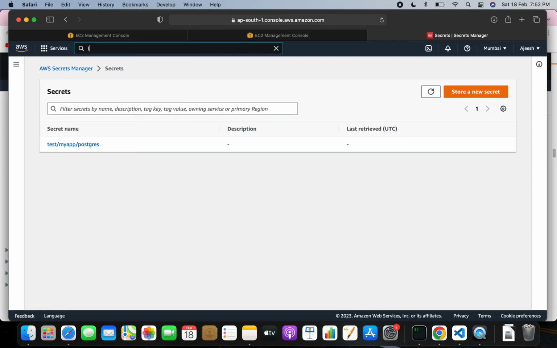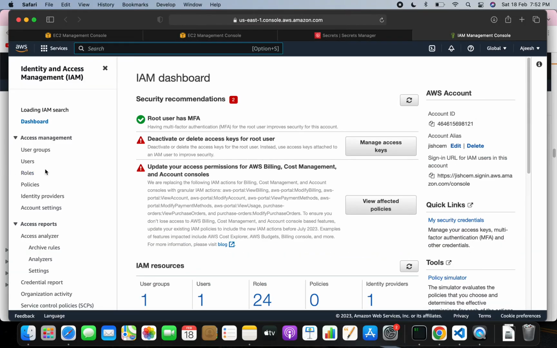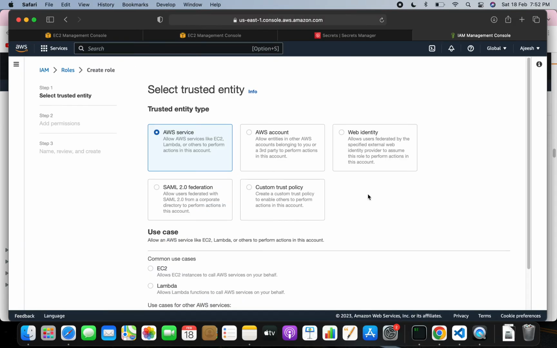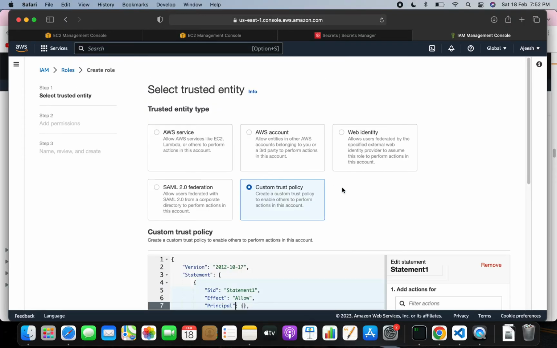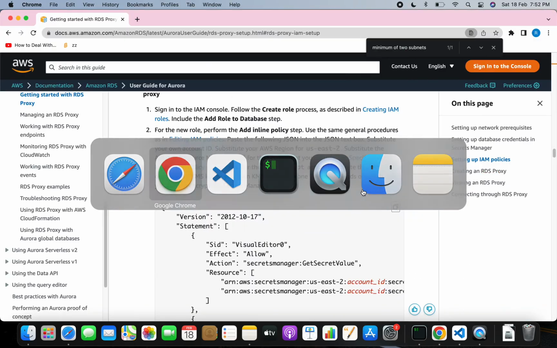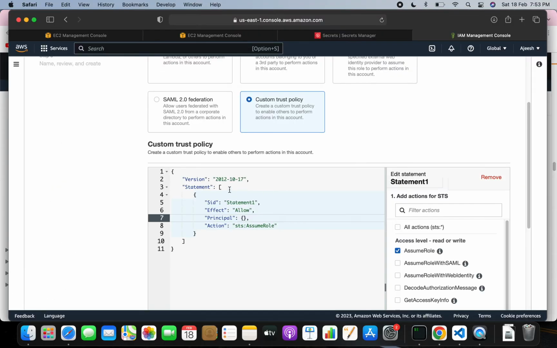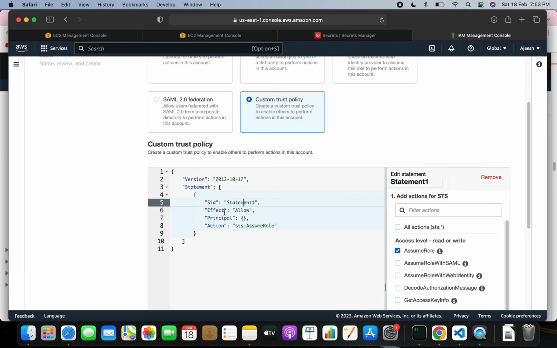So we'll switch to IAM, and we will go to roles, and we are going to create a role with a custom trust policy. Yeah, and we are going to switch to this documentation and choose this one. Yeah, it is exactly the same, right? Statement 1, allow, principal. Yeah, principal is there. So we are just going to copy this and paste this here,